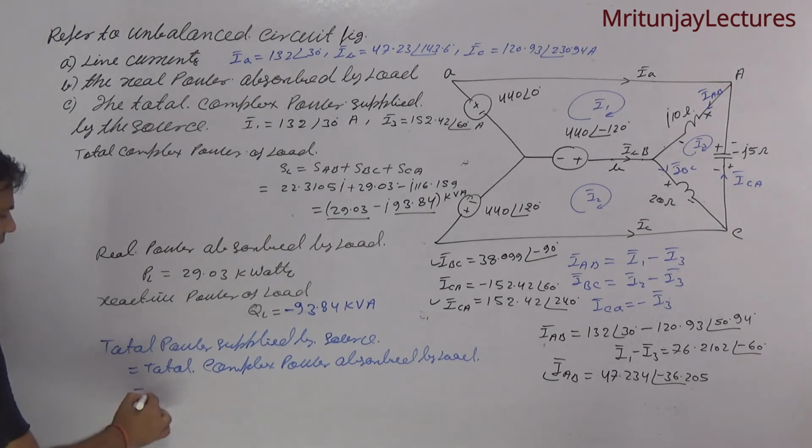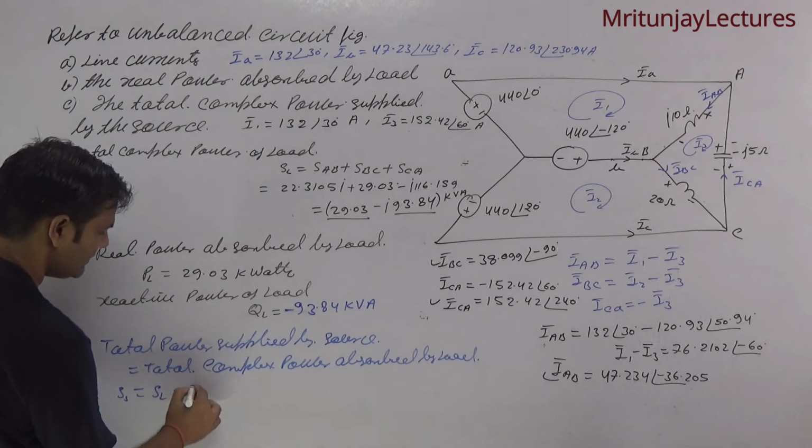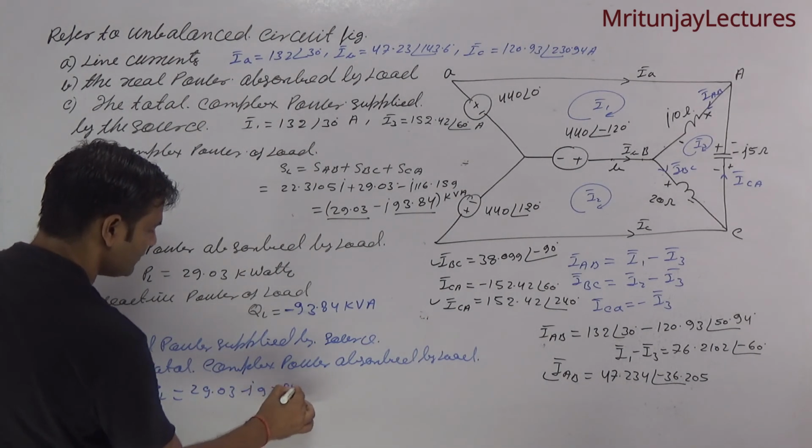So SS is written as SL, and SL I have already done: 29.03 minus J 93.84